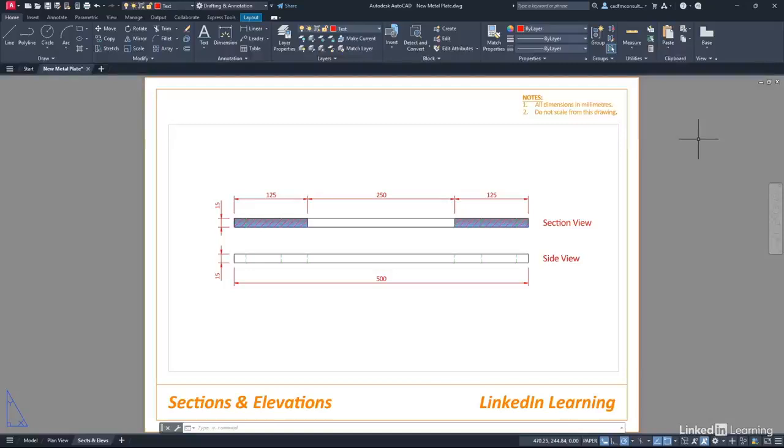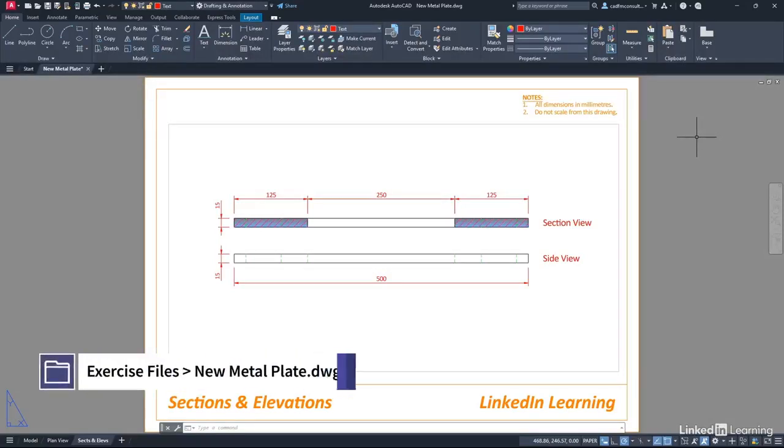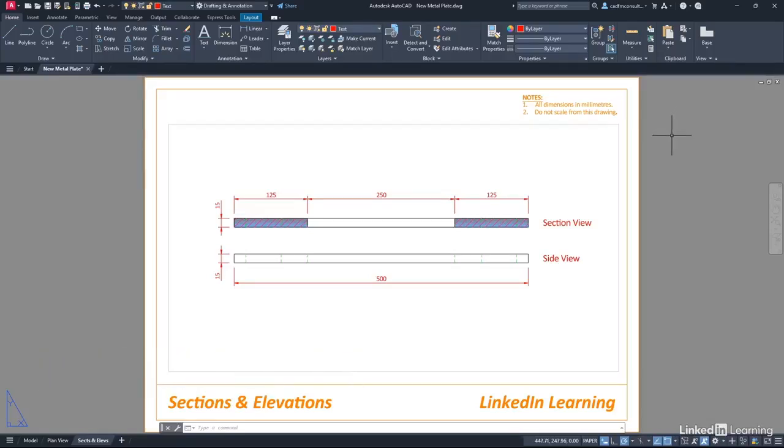We're staying in our new metalplate.dwg file, and we're going to take a look now at revision clouds, or the rev cloud command. Now there's various different types of revision clouds that you can place, and I just want to show you how they work. Make sure though that you are in the sections and elevations layout tab, as you can see on